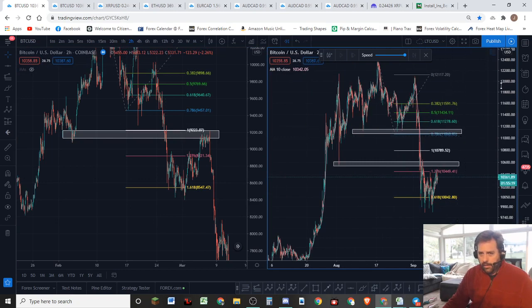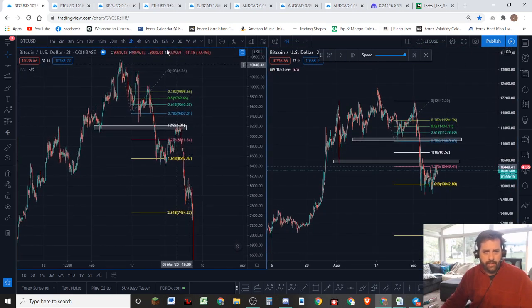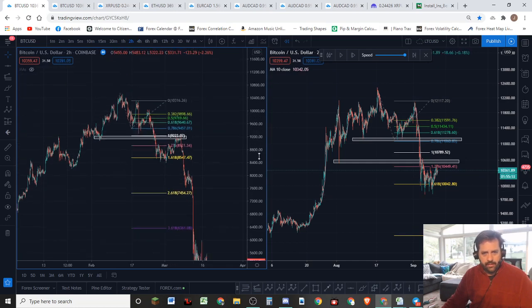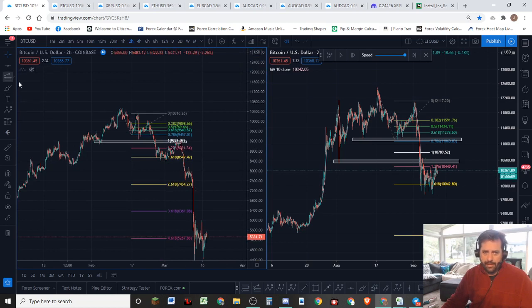Now, looking where the next down move went in our previous move here, let's go out to the, let's see. Now, this came down really, really deep, guys. I mean, really deep. I'm not expecting that, but remember, the market can do that, okay? The market can do that if it wants to, so be very aware of that.